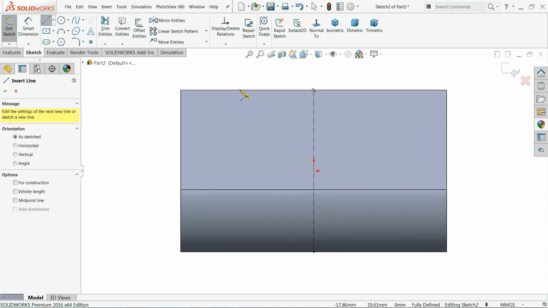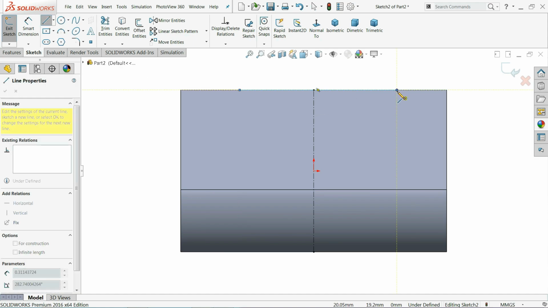Choose line, and connect up to this end. We need to create a closed geometry.